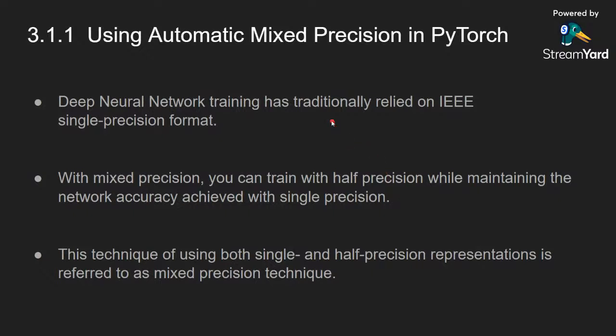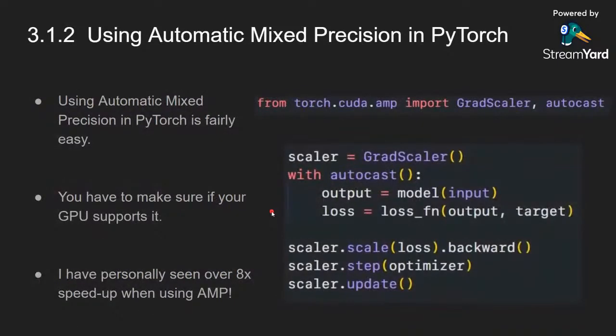So this is what automatic mixed precision is, and it's available in PyTorch. You don't actually have to do a lot of things. It's fairly easy in PyTorch. If you have an enabled GPU and that version of PyTorch installed, you can just do from torch.cuda.amp. AMP is automatic mixed precision, and you can import GradScaler and autocast. You can just make an instance of GradScaler, and